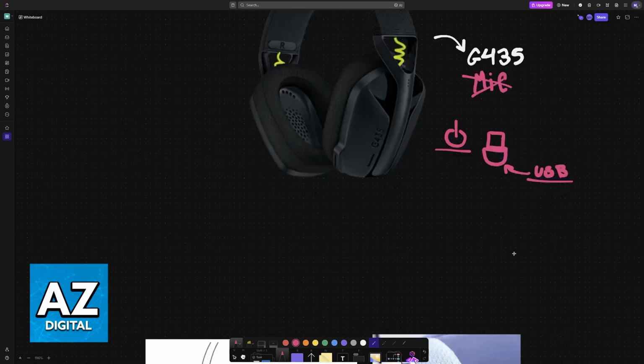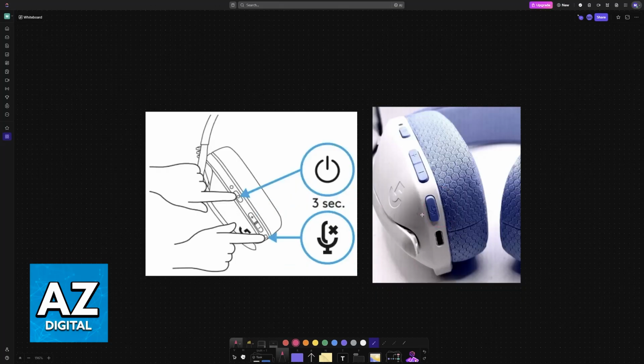If it still does not work, first ensure that the microphone is not muted. So there is a physical mute button on the microphone as you can see here. If you press this button on accident while using the microphone, it is going to remain muted. So it's important that you press this once more if it is currently muted. And then if you press it while it's muted, it will be unmuted and so on. So ensure that you didn't press this button by accident.